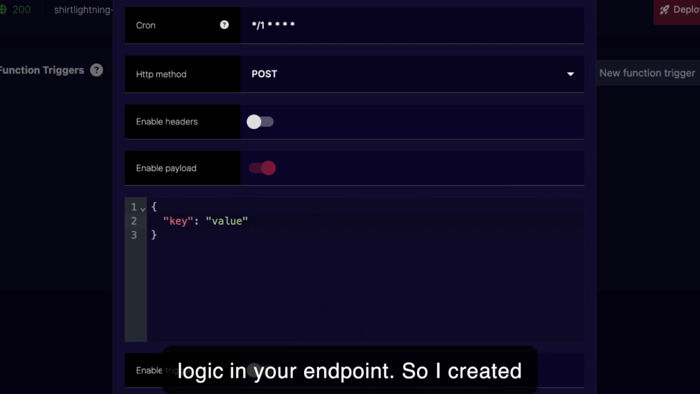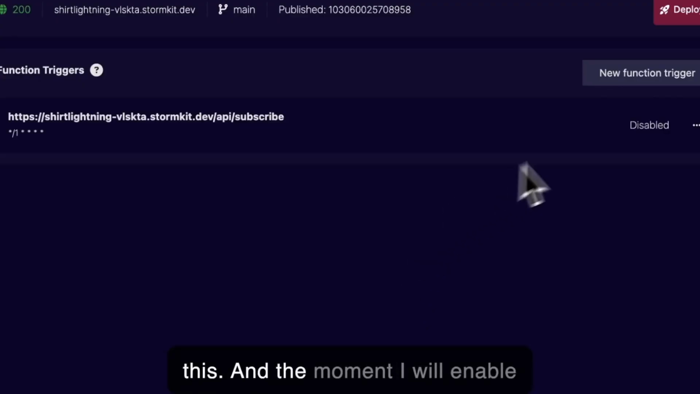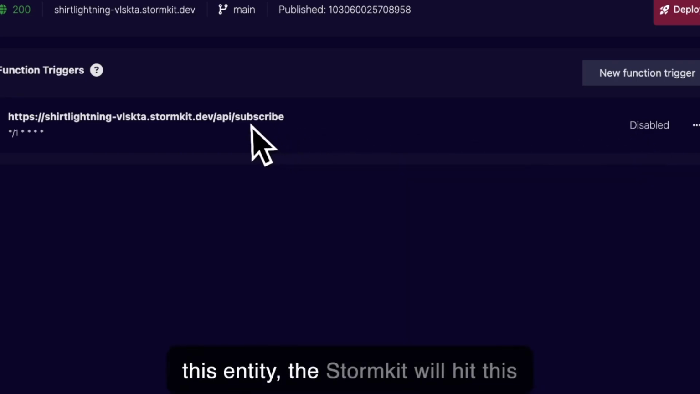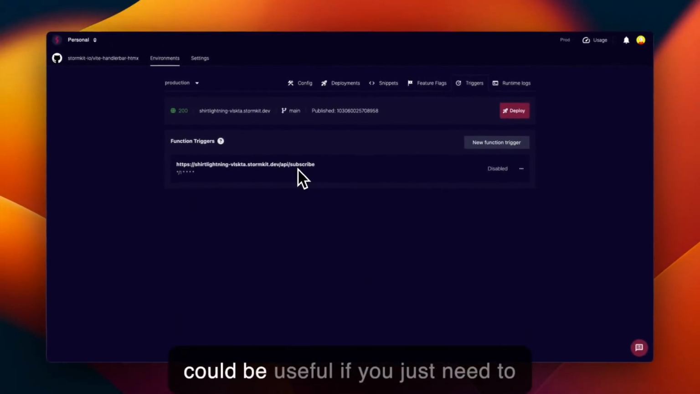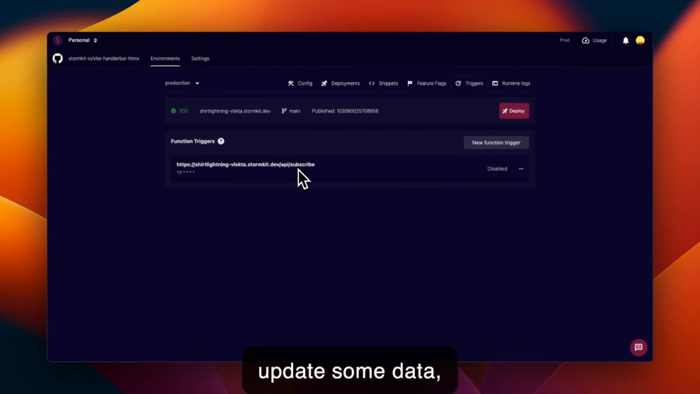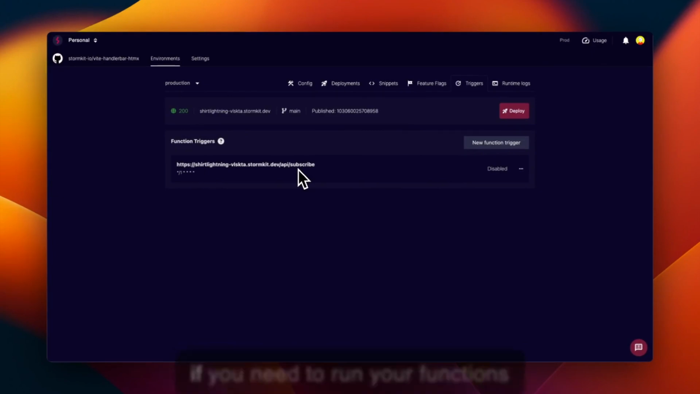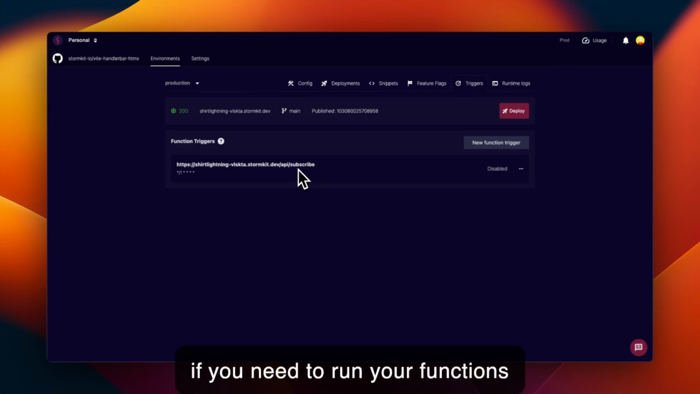So I created this, and the moment I will enable this entity, Stormkit will hit this endpoint every minute. So this could be useful if you just need to update some data, or if you need to run your functions periodically. So you can use this